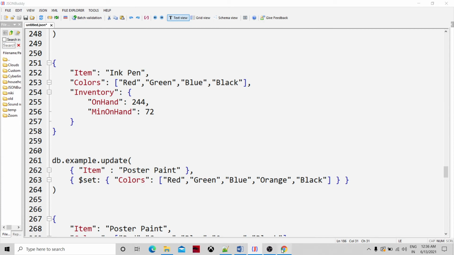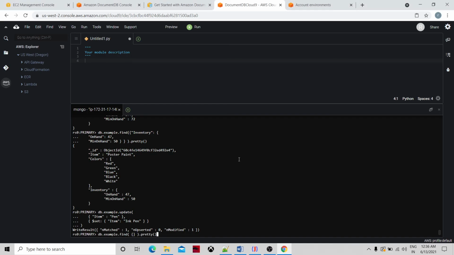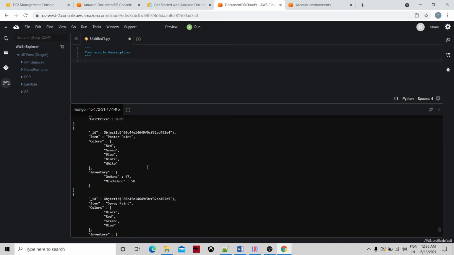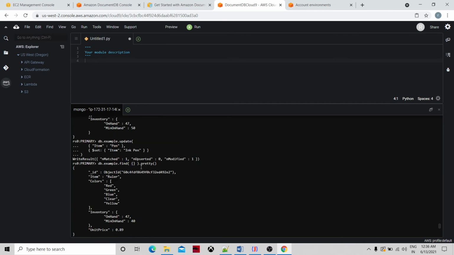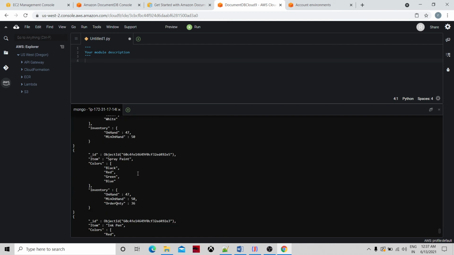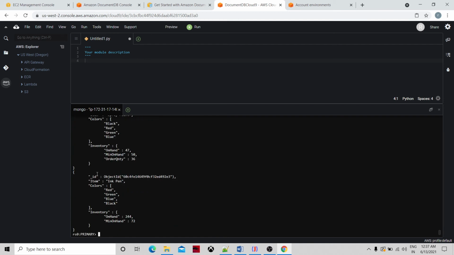Let me run this. So the pen has become an ink pen. The command we ran is update item pen where item ink pen becomes ink pen. See, pen became ink pen. This was the pen and it becomes an ink pen.